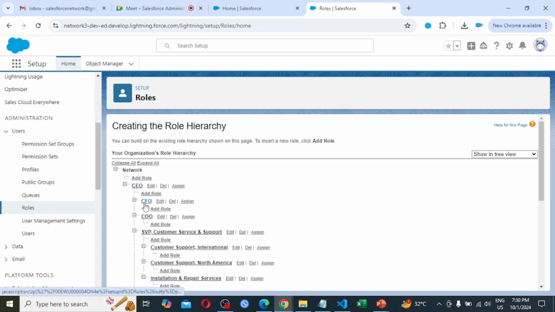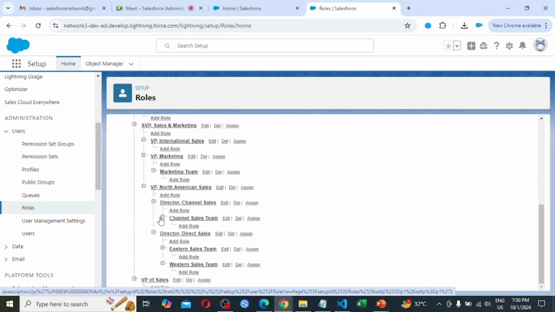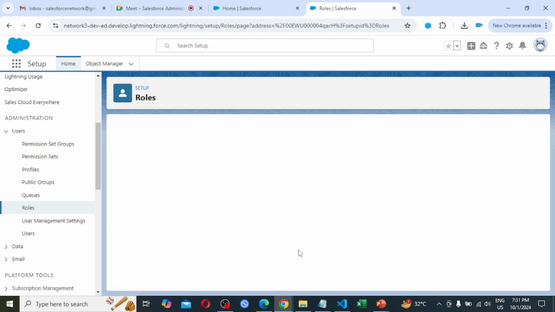So in this role hierarchy we are seeing here itself VP of sales. So under VP of sales we have to create a regional sales manager. Regional sales manager. So just click tab, click save. Done.